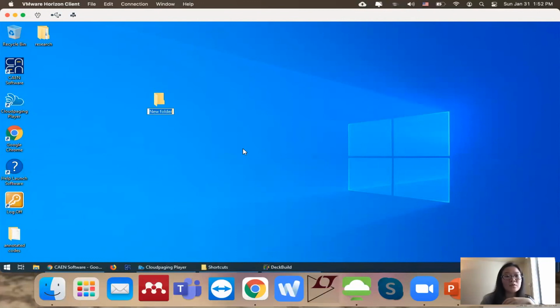So you can also see this folder and see the data next time, as long as you put it in the correct place. So what I recommend is we put everything on the desktop of the remote control computer. So for example, I just put